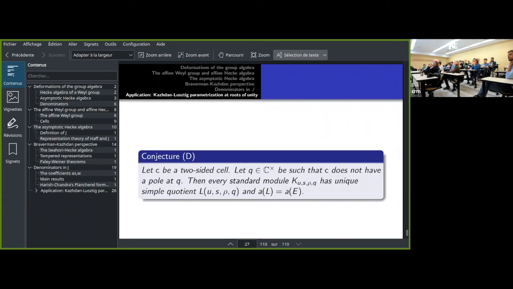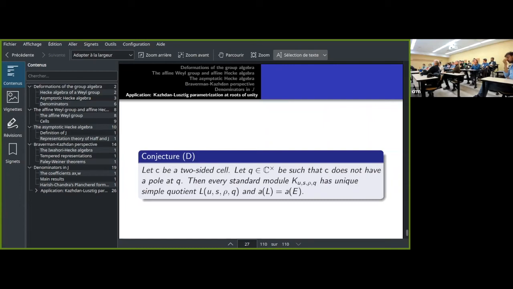And the conjecture I'm going to conclude with is that if you have a two-sided cell and it doesn't have a pole at q in the sense of the asymptotic Hecke algebra, then the Kazhdan-Lusztig classification should work at that unipotent. So namely, for every standard module, there's some geometric construction of these, it has a unique simple quotient, and the a-value of this simple quotient, which I haven't defined, but is required to make this classification non-degenerate, is equal to the a-value of the corresponding simple module over J, which is how this classification is supposed